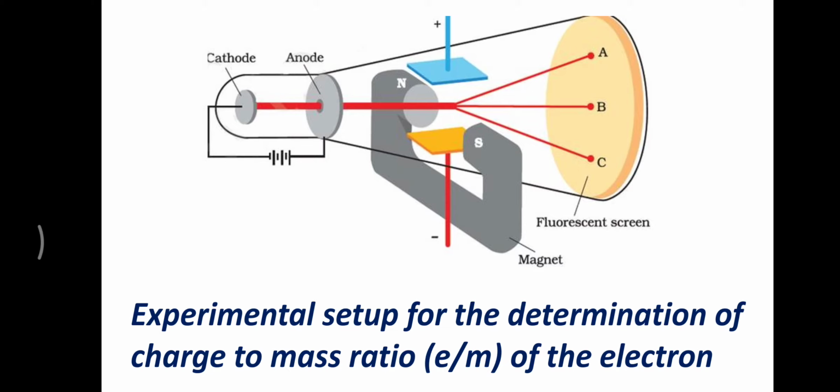When the cathode ray, or the beam of electrons, passes in the presence of an electrical field, or a magnetic field, or both, by adjustment we can identify different spots, which are located here at points A, B and C. In our explanation, I will explain how we can get the spot at point A, point B and point C on the fluorescent screen.